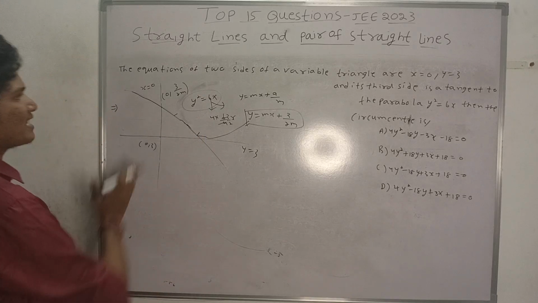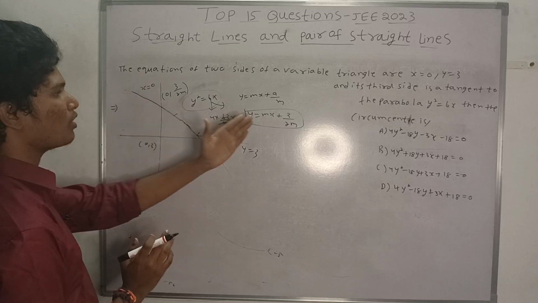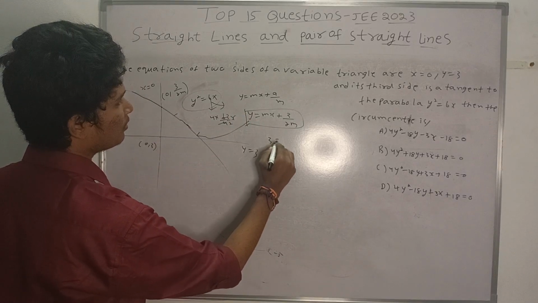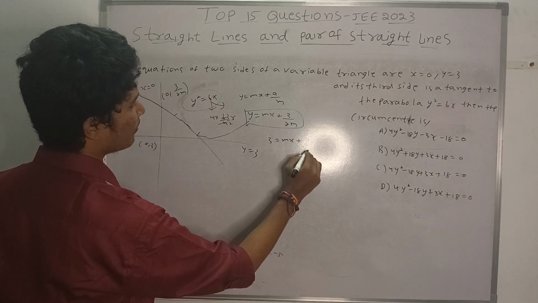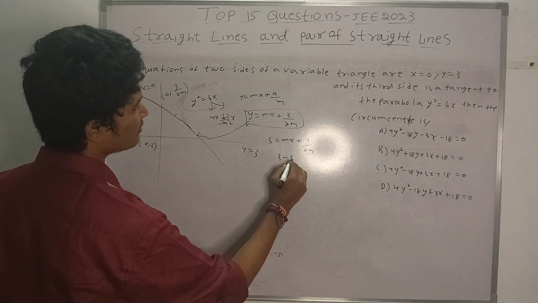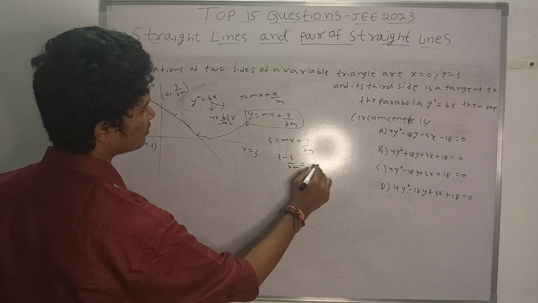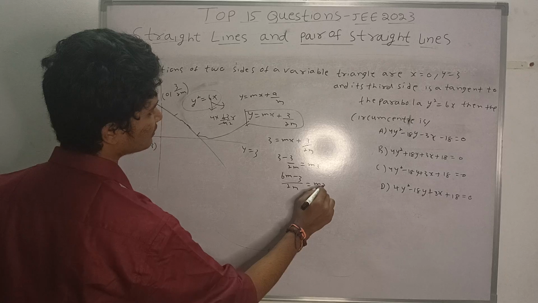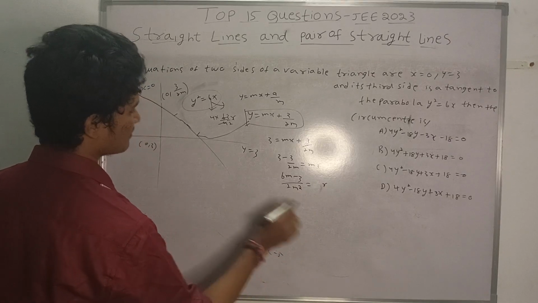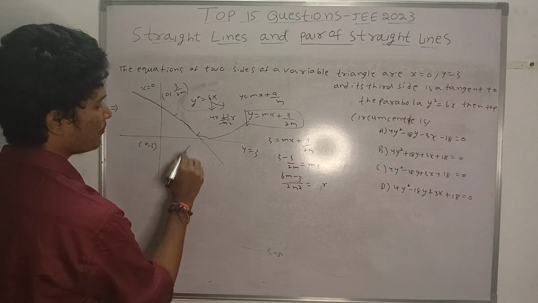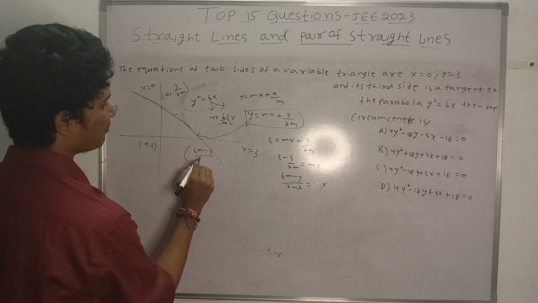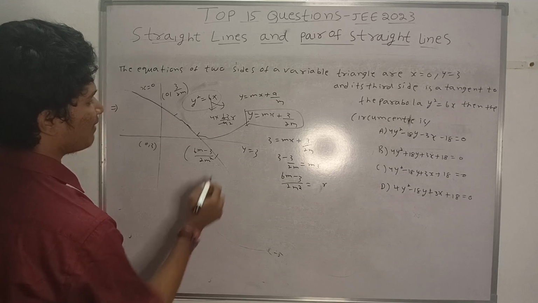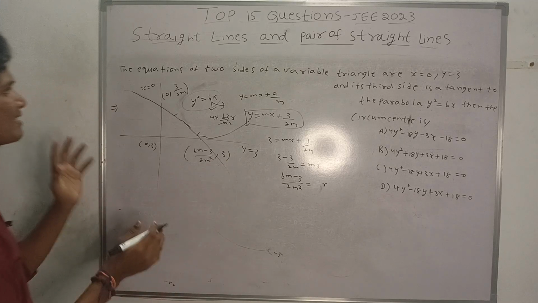When y equal to 3, this is the x equal to 0 line. What is the value of y? When y equal to 3 by 2m, 3 minus 3 by 2m equal to mx, that is (6m minus 3) divided by 2m equal to mx, and x is this. So basically what is the value here? (6m minus 3) divided by 2m square, comma, what is the value of y? Y is 3.